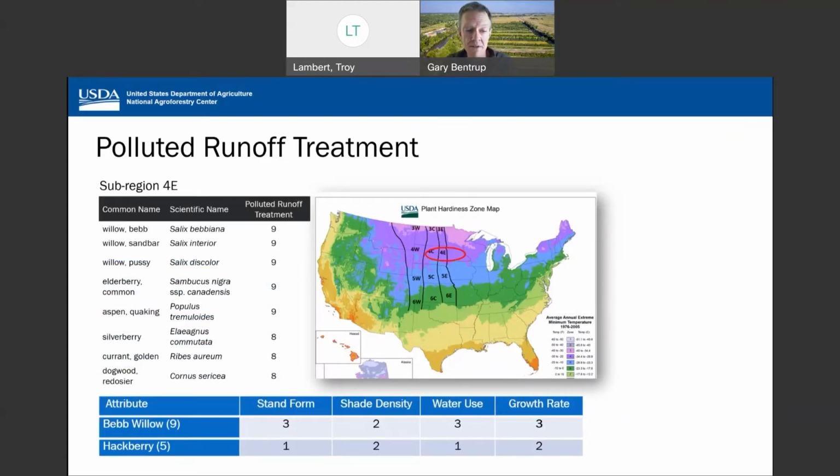So the Bebb's willow was rated a 9, and you can see why it ended up with a 9. Hackberry only ended up with a 5 and really isn't recommended as a suitable species for the polluted runoff treatment. This is because it's a single stem form and its water use is a lot lower than a willow.